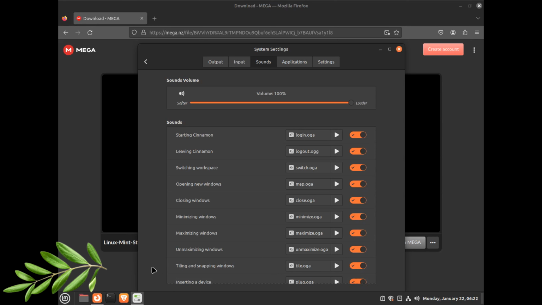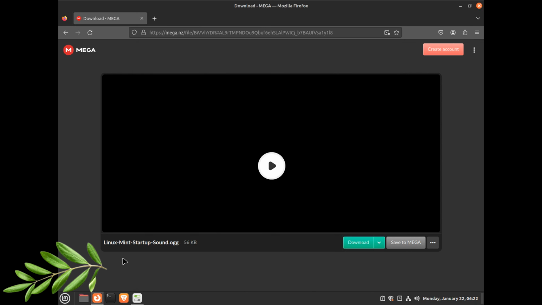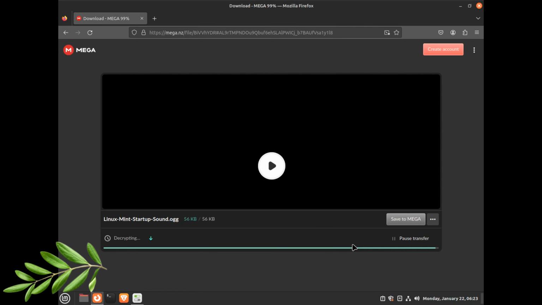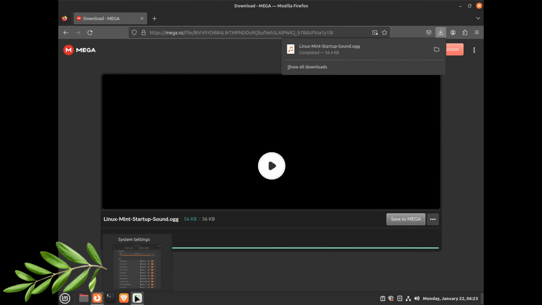If you want to bring back the OG, or the iconic, Linux Mint startup sound effect, and you notice something, this sound effect right here, that looks like that, but if you want to bring it back, you can go to the following link and then click download. And also, you had to know that the OG startup sound effect